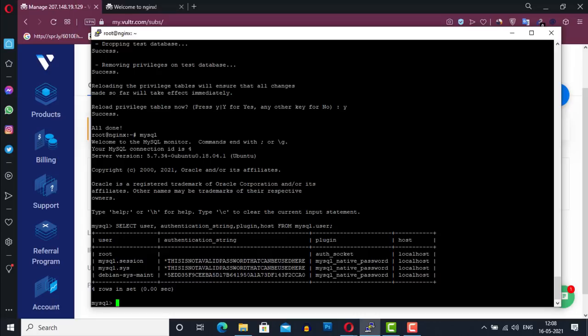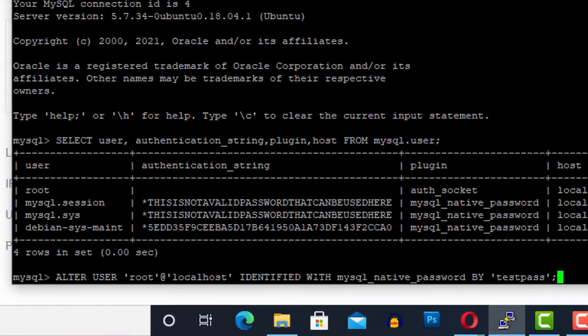Now we have to change this authentication method using this command. With the ALTER USER command, we can modify the user authentication method. At this time, we are using this command for the user root to modify the authentication plugin.